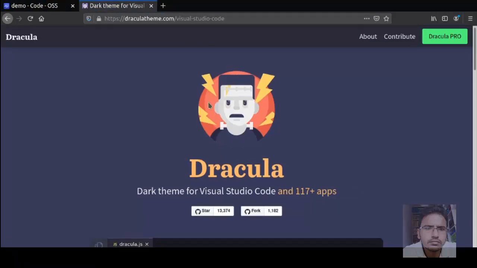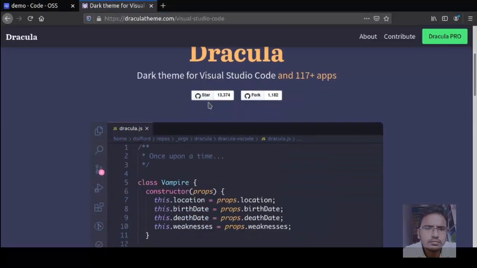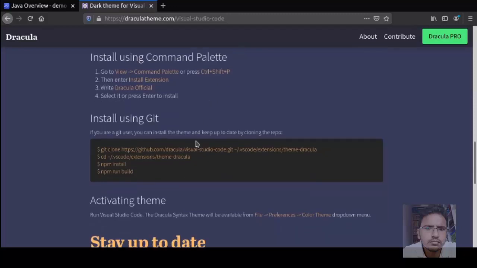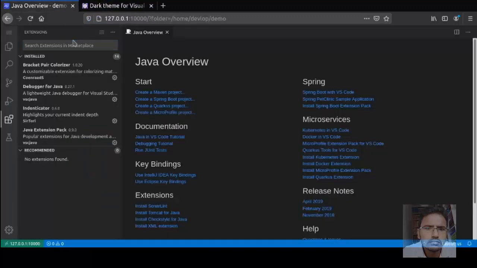Now to change our default theme, I am using Dracula Official. You can use any theme you like. There are other themes also present. You can search on the internet and find out which themes suit you. I am using Dracula Official. It is a beautiful theme.